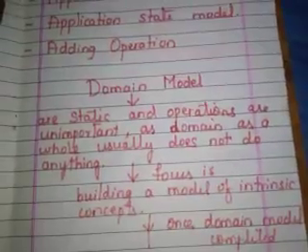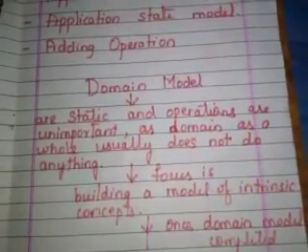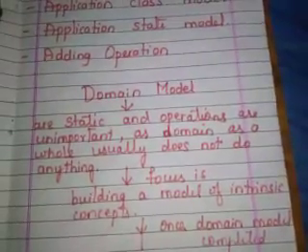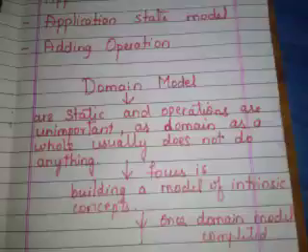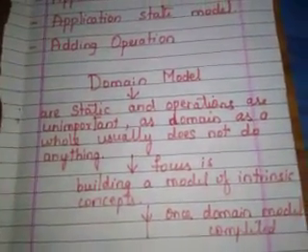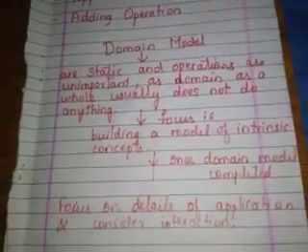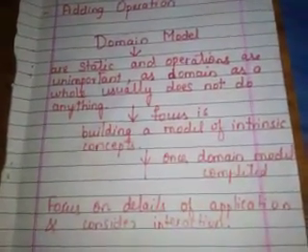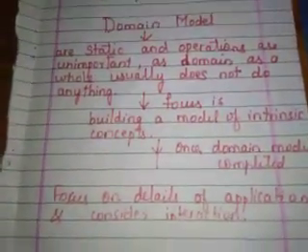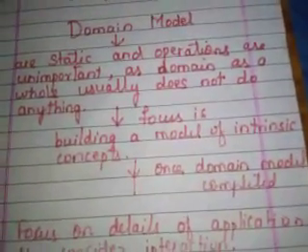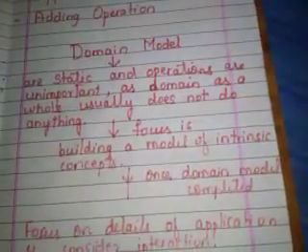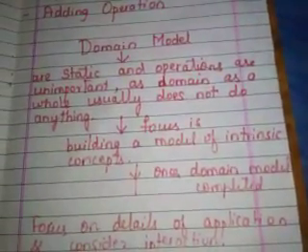The domain model is very important in capturing the static nature, and operations are not that important in the domain analysis, because we are not explaining the interaction between the classes, we are just capturing the association between them. That is, we are focusing on building the model of intrinsic concepts. Like if we take the example of an ATM system construction, we are capturing the concepts like customer and account, who is associated with whom.